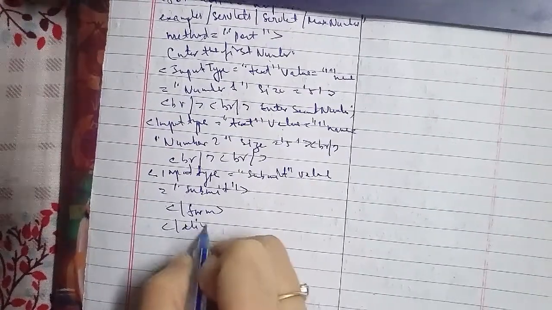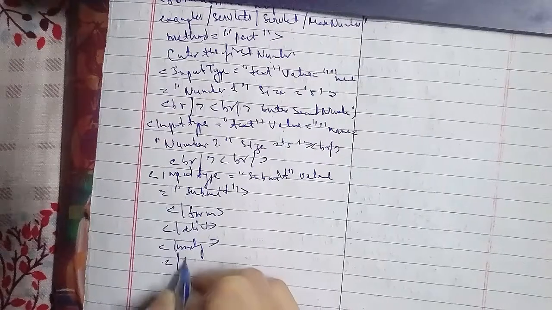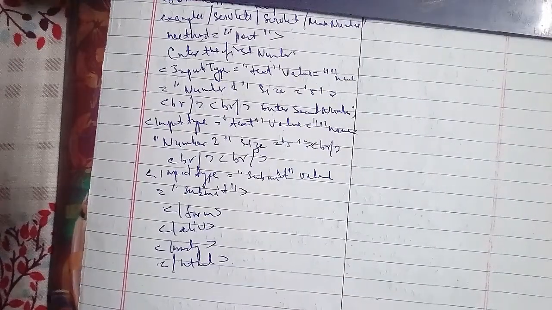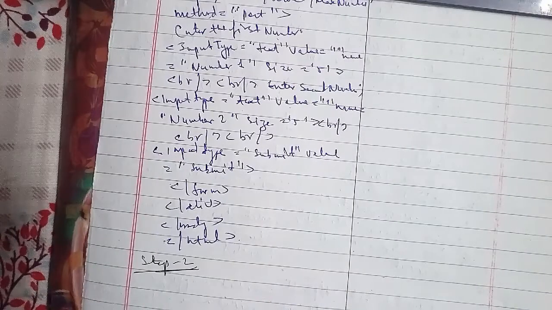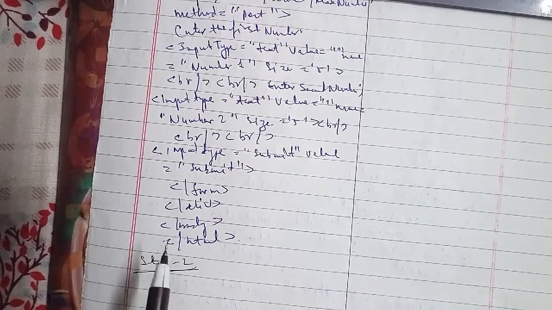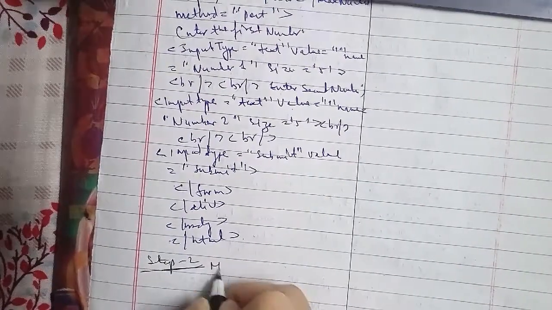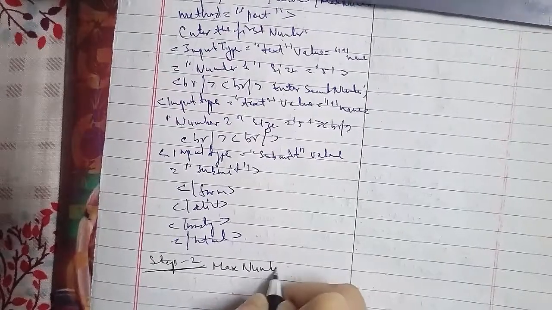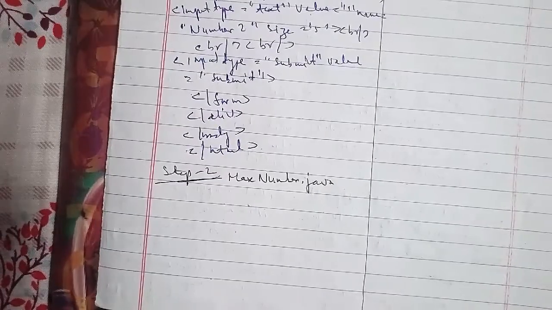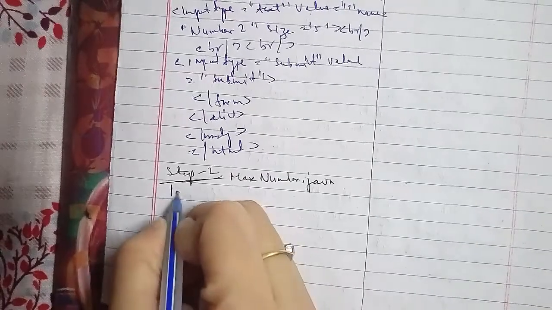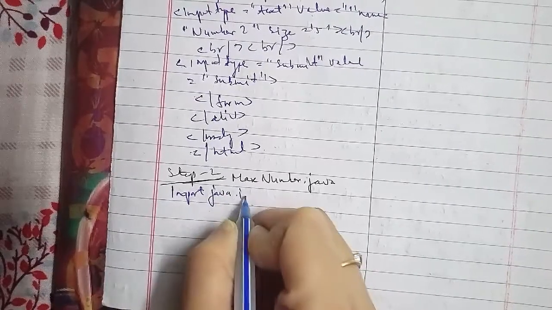then import javax.servlet.http.*, then we have public class MaxNumber extends HttpServlet. Then we start the class with protected void doPost, that is HttpServletRequest